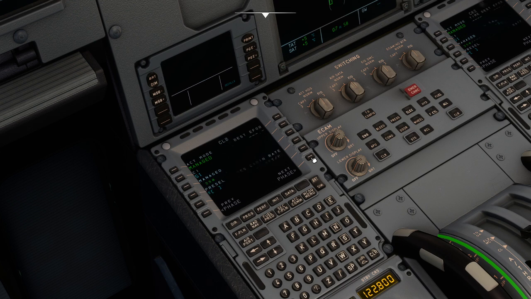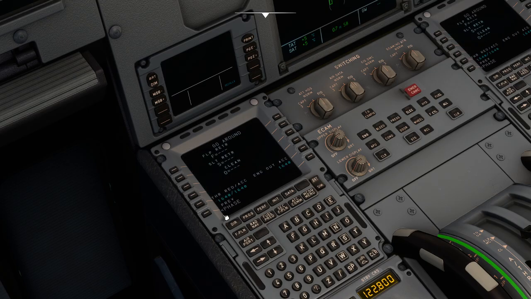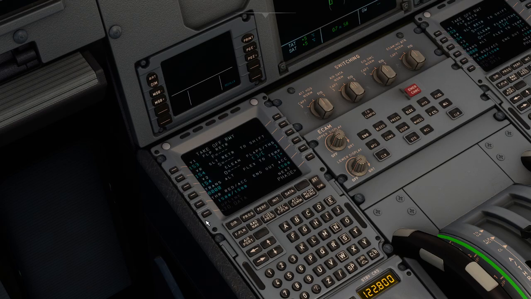And then I'm going to the next phase. I need to configure the approach configuration, but we are not quite sure what the approach configuration is right now because we haven't heard the ATIS. So after that, the landing configuration, we are not doing anything for that right now. I think this configuration is decent enough